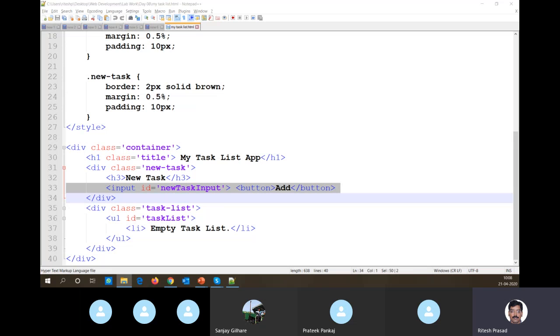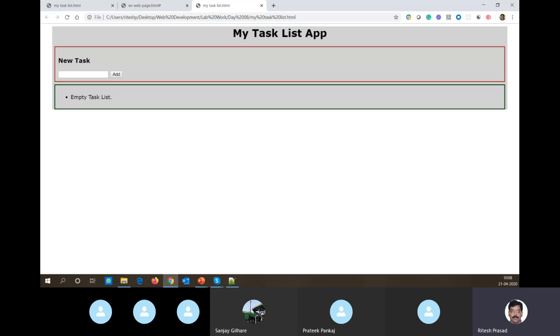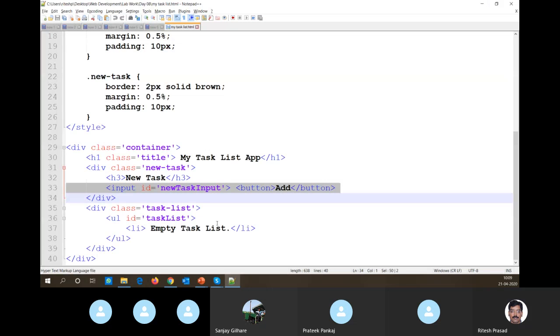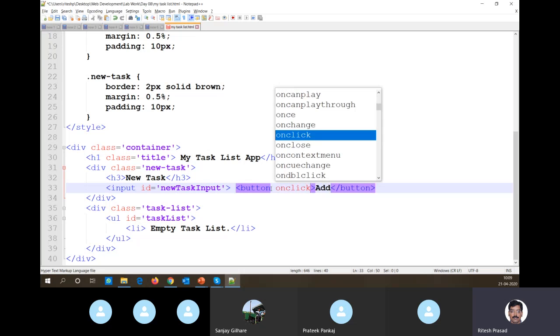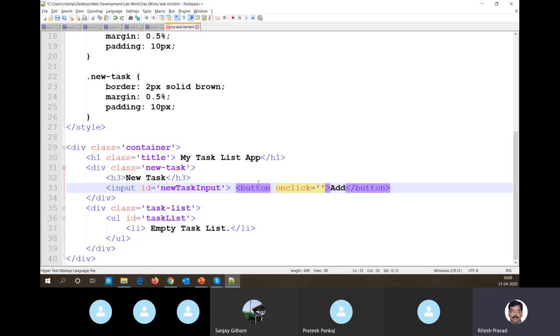Let me go to the application that I just showed you, and I will start implementing it. What I want actually is, when I click on this add, it should get hold of this input box and then read the value, correct? For the time being, this is what I want to do. So the first step is to get hold of this input element. And how do I do that? Even before that, I have to handle the action, correct? So on click of what? On click of the button,